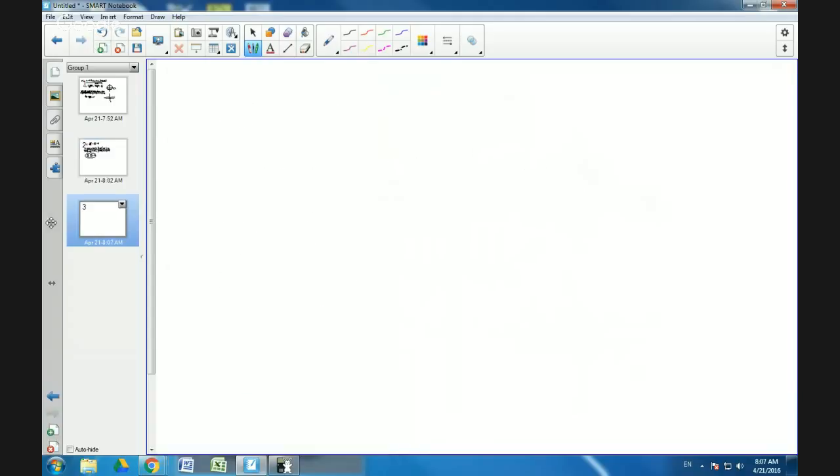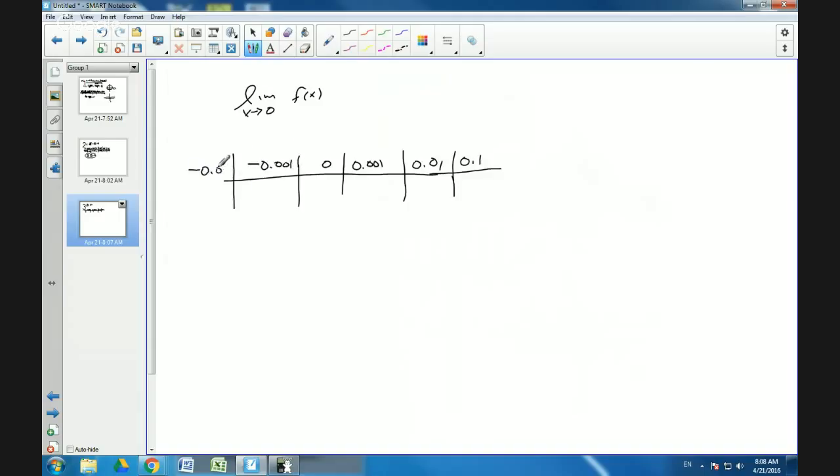Let me just address one thing. Sometimes you're going to run into graphs that don't just have holes. If I give you some function and it looks like this. Let's say this is negative 10. This is